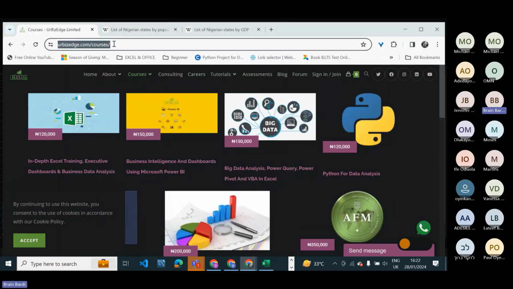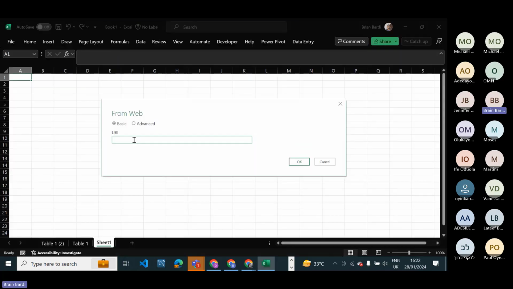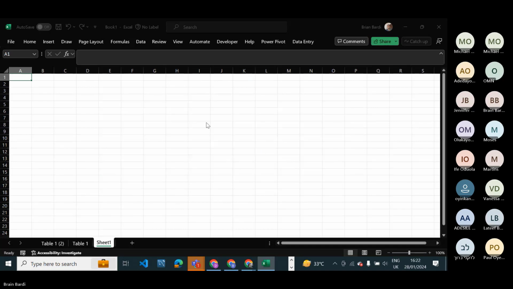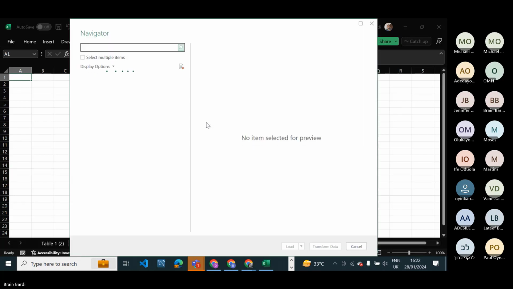I'm going to copy the URL, jobbizedge.com, and paste it here, jobbizedge.com/courses/, and hit OK. So the navigator pops up again. Just taking time to load.